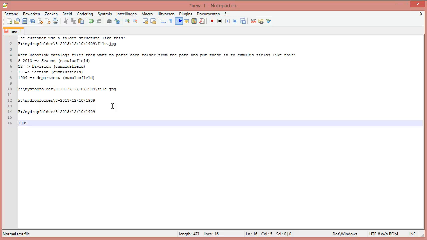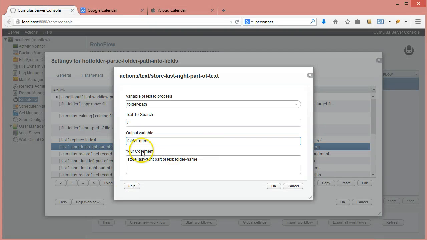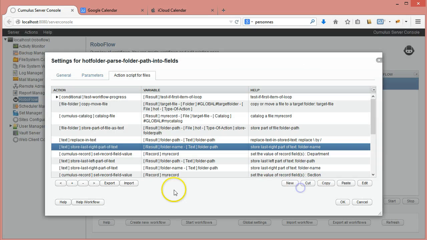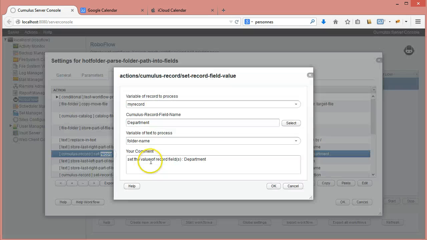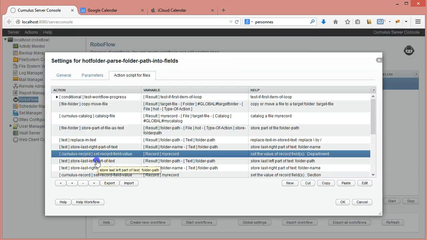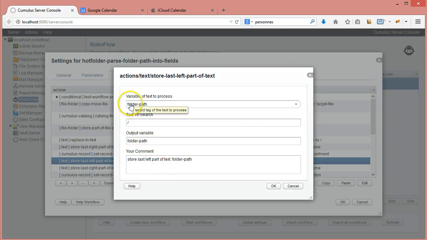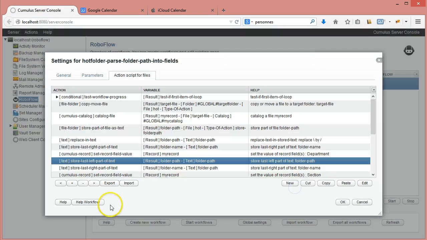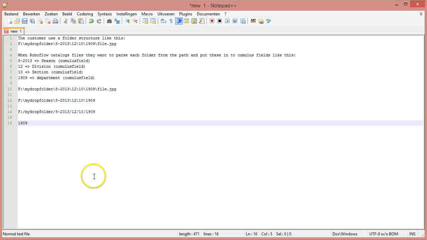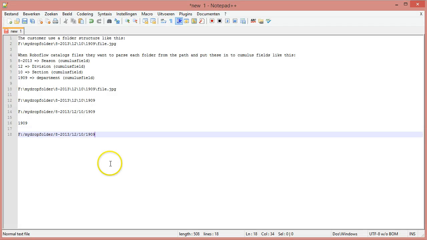So I'm picking up this and I'm storing this in the script under a variable called folder name. And in the next instruction, I'm setting my department, Cumulus field, to that folder name. And then I'm reusing my folder path, and now I'm saying give me the left part of everything before that last slash. So if I look here, that means that now I get this